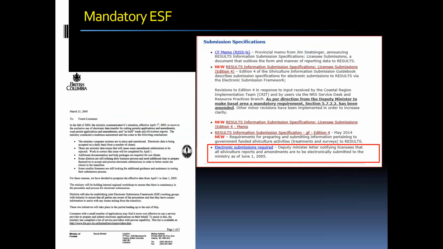Something that you need to know about is that Results now only accepts information electronically. Electronic submissions come through two methods. It's either through ESF or online. You update that information. But something that you just need to know about, Results collects information for silviculture obligation or openings that dates